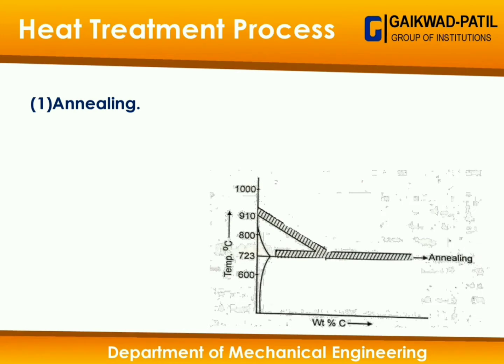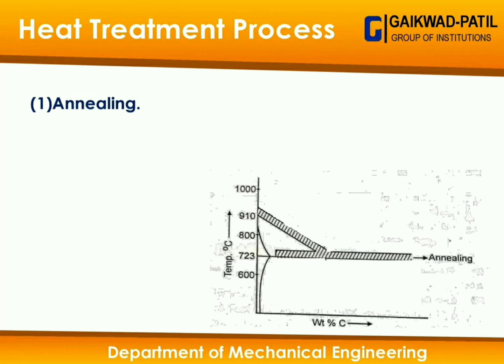Heat treatment cycles: annealing heat treatment cycle, hardening heat treatment cycle, normalizing heat treatment cycle, spheroidizing heat treatment cycle, and stress relieving heat treatment cycle. So let's start to see what the annealing heat treatment cycle is. Annealing heat treatment cycle is a very popular heat treatment cycle used in industry. Basically, the annealing heat treatment cycle is used to re-soften the hardened metal to increase its machinability.